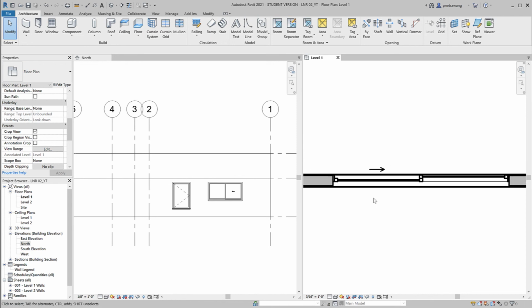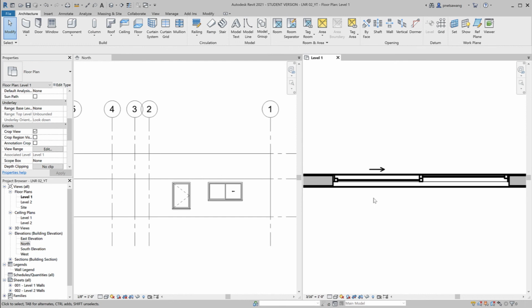Now if you do a little math, the head height is 8 feet and the window height is 4 feet, which makes the sill height coplanar with the cut plane at 4 feet. And that is the reason why we have a graphical error on the plan view. To fix that, we're going to have to do the same thing as we did with the door. We will need to create a plan region around the window, then change the cut plane so that it clearly